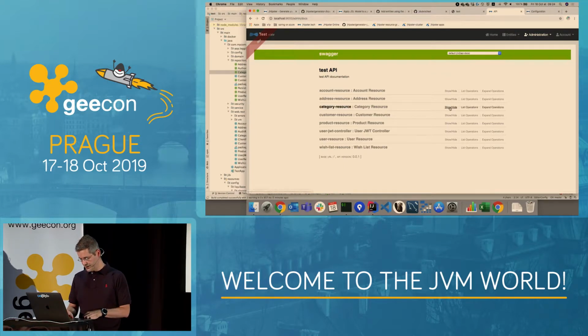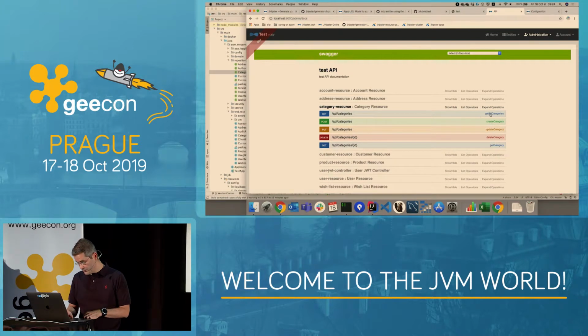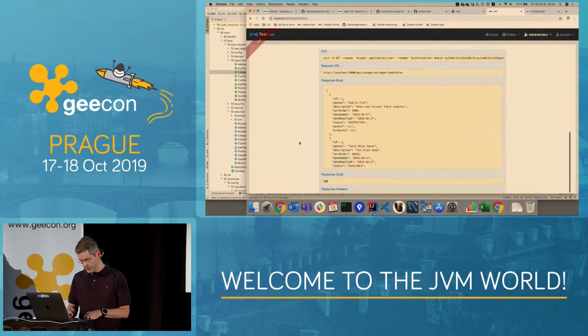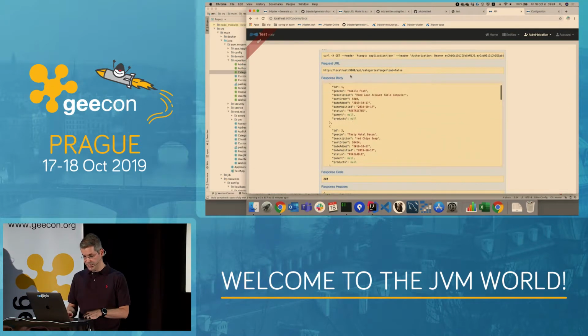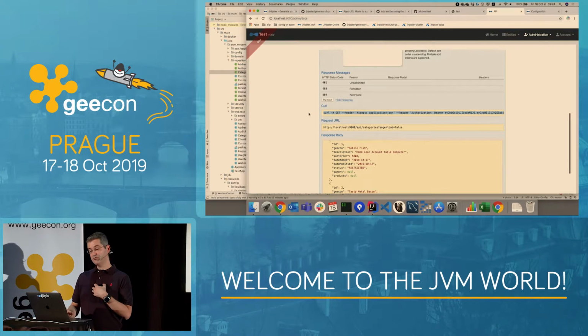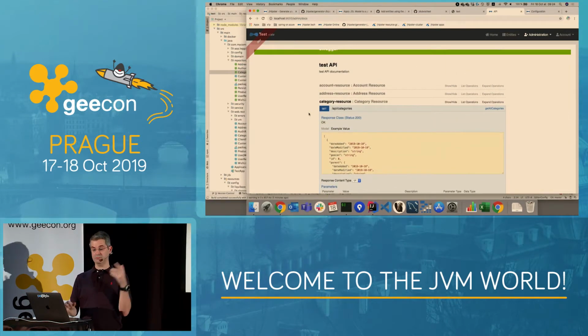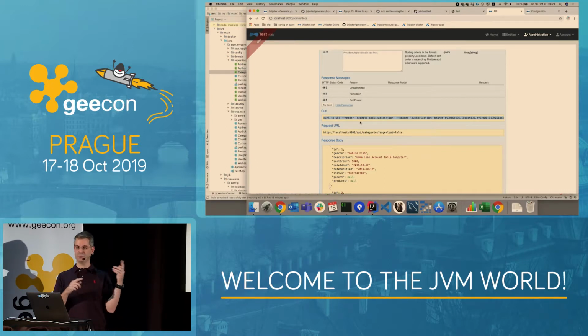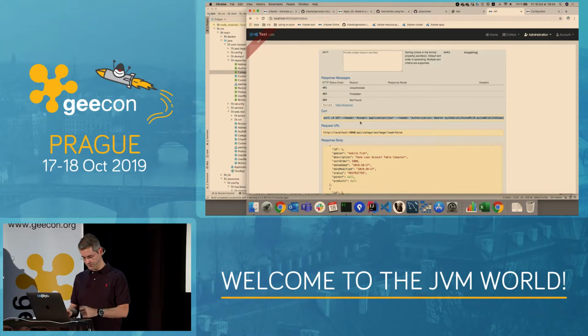So let's have a look at the category. I can do a get all here, and this is going to, so I can do the request here. It can give me the curl request with the correct JWT token to do the request. So if I'm a front-end developer, I can just work with that because I've got everything documented for me. I've got everything already. I just need to copy paste, and I can work as an Angular developer. I don't need to know Spring Boot to use the Spring Boot app.